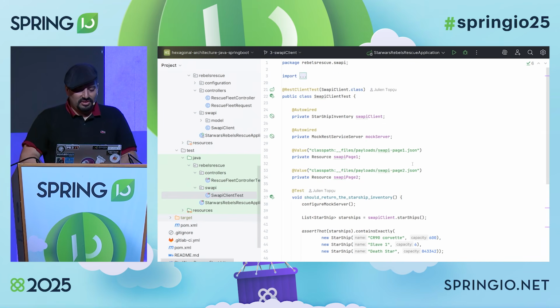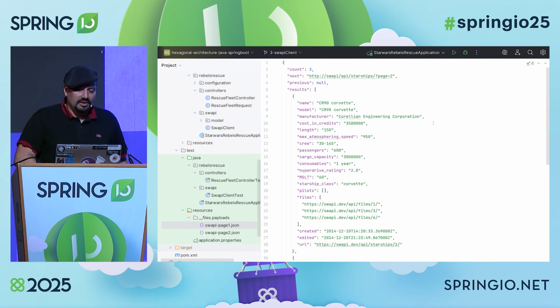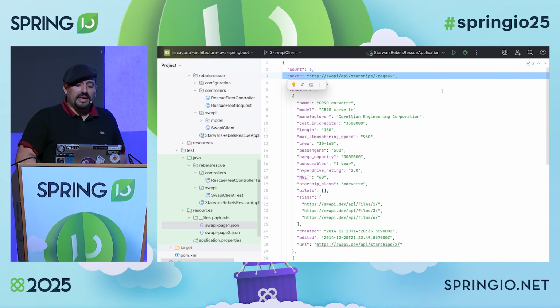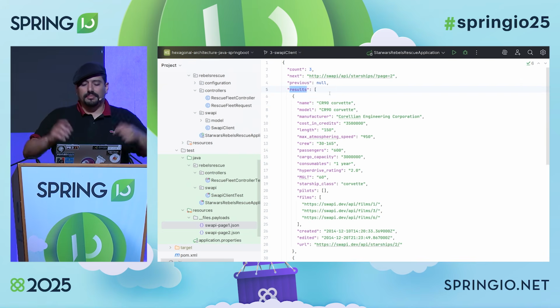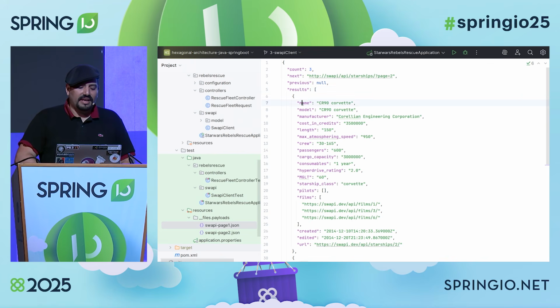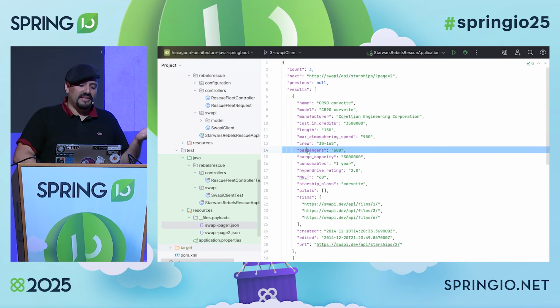So the Swappy extraction here, I will show you because it's quite interesting. So this is that JSON. And one thing here you can notice is that Swappy is paginated. Oh, I didn't expect that. OK, so we'll see how we'll deal with that. The other stuff is that it looks like that they have a generic API because they name their Starship results, but anyway. Also, there is a lot of data here in the Starship. I don't care about all these things. I only need here the name and the capacity, which is named here passengers.